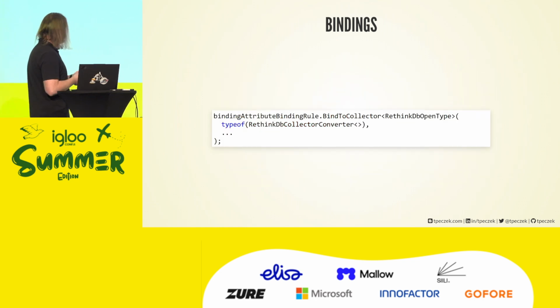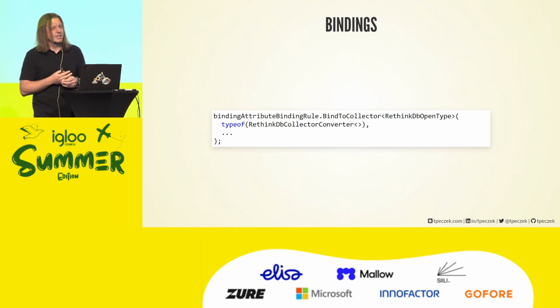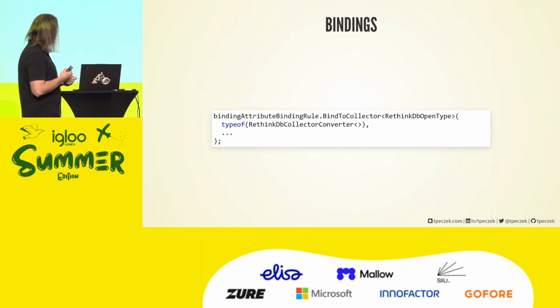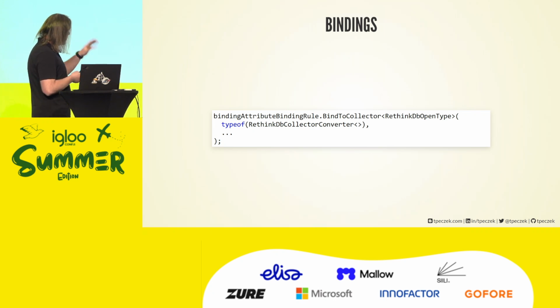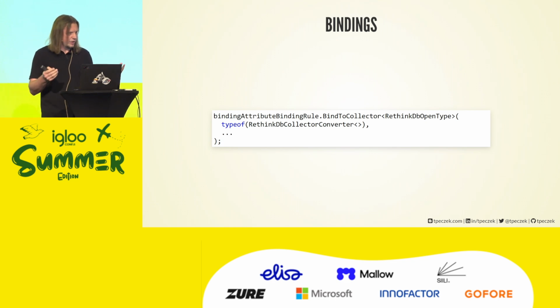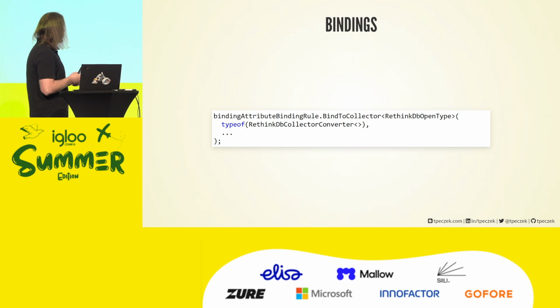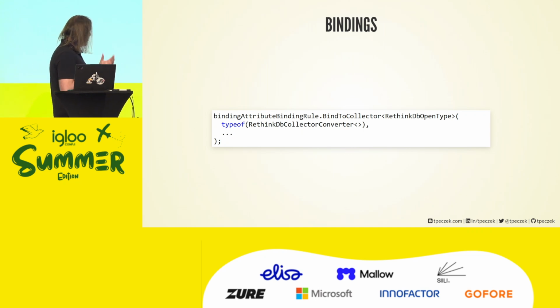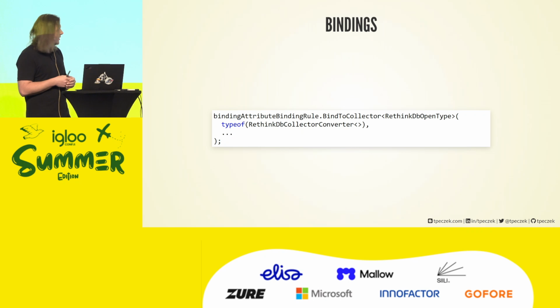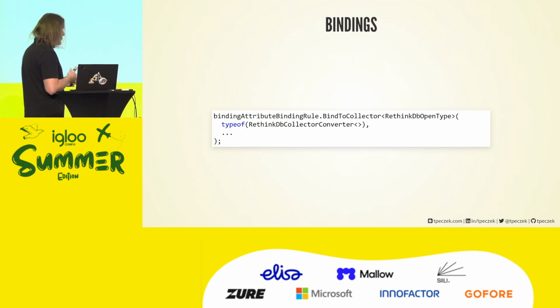But we now have this problem of limiting the type that can be used by a function. And Azure Functions has a, let's say, very tricky solution for that. As you can see on that snippet, and all those snippets are coming from a custom extension for RethinkDB, and I doubt you ever used RethinkDB. Anybody did? As expected. I once worked on a project when we were moving some stuff to the cloud, and RethinkDB was crucial, and it was nice for running in containers, and we wrote a custom extension for it to be able to use Azure Functions with it.